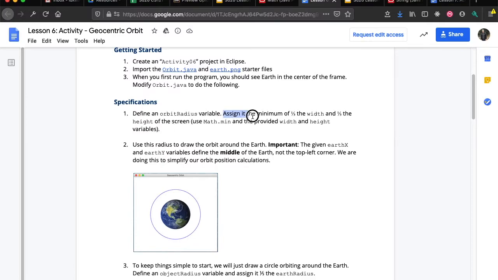And the orbit radius is going to be the minimum of 1/3 the width and 1/3 the height of the screen. Use math.min and the provided width and height variables. So what does math.min do? Let's go ahead and look at the math